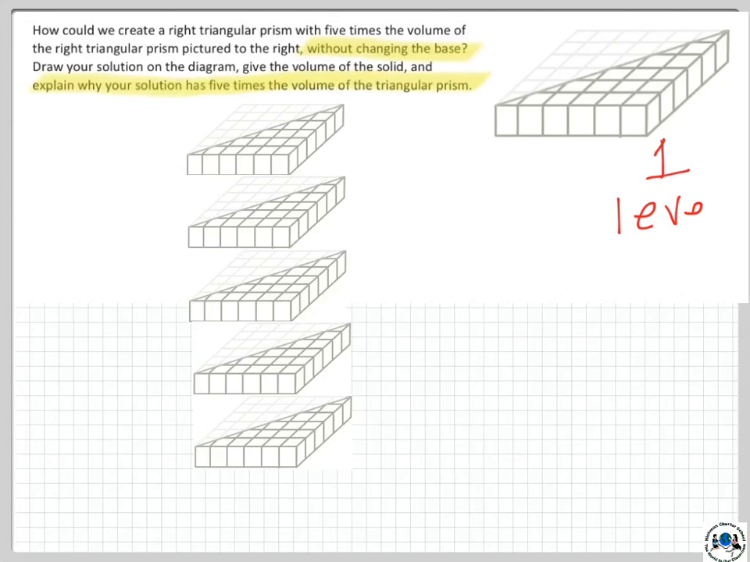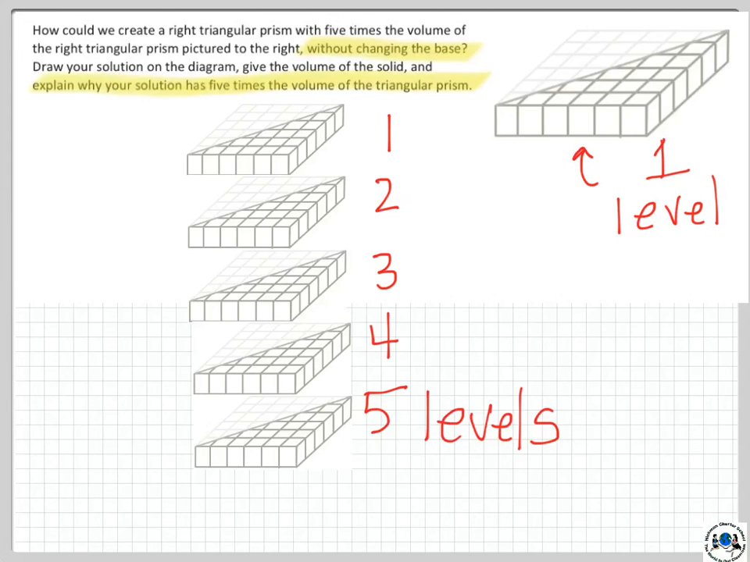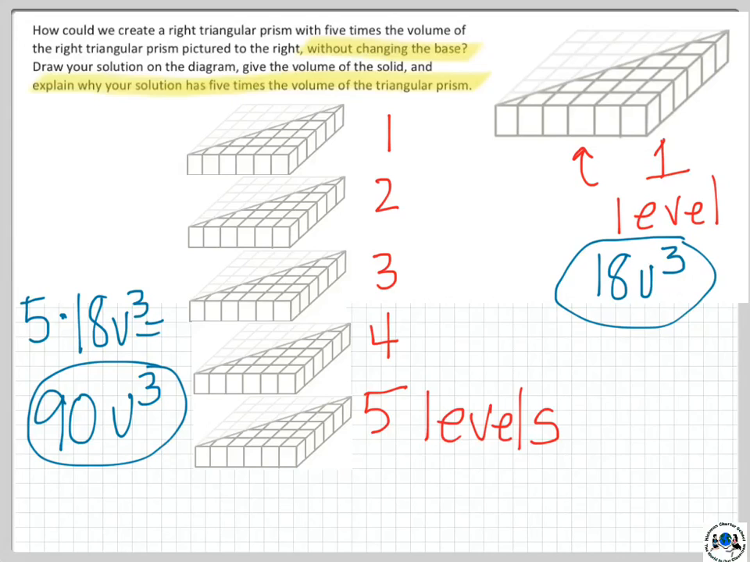So there's one level, and we have 5 levels here. So we have 5 levels of that same right rectangular prism. And that one level right triangular prism, excuse me if I said rectangular just before, but I get all kind of messed up here sometimes, that one level right there was 18 cubic units. So just imagine if you have 5 levels of that, squish them all together, you have 5 times that 18 cubic units. Therefore you have 90 cubic units in our new right rectangular prism,